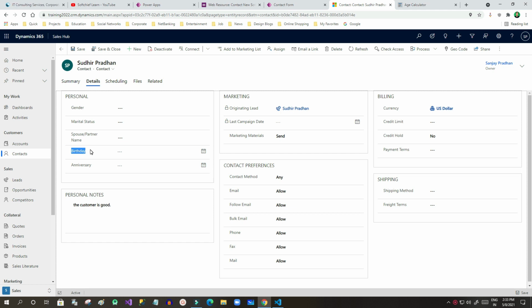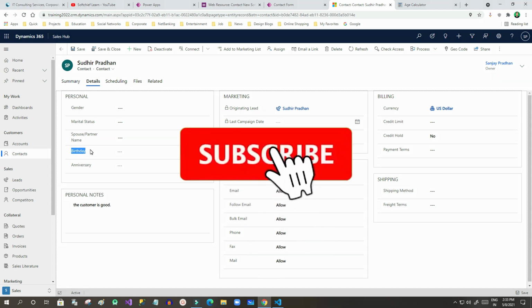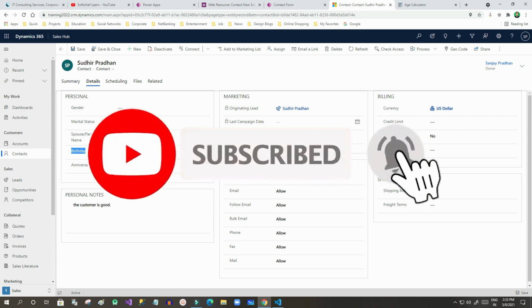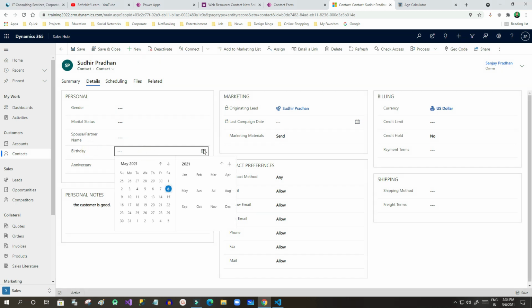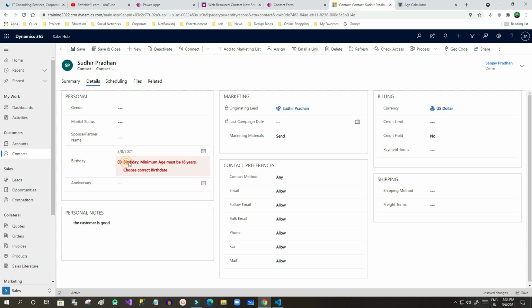That means you can register or enter contacts for users who are more than 18 years old, right? For example, if I give today's date, then it will give an error: Minimum age must be 18 years.